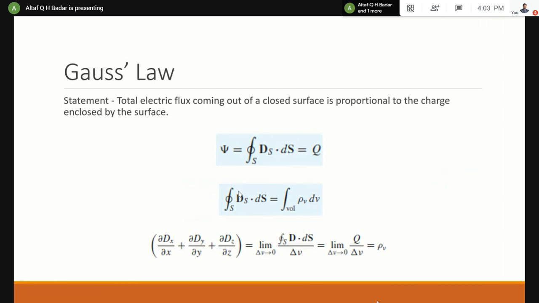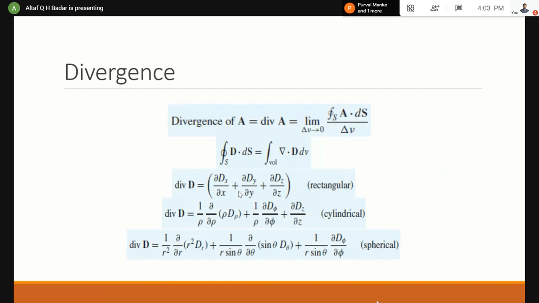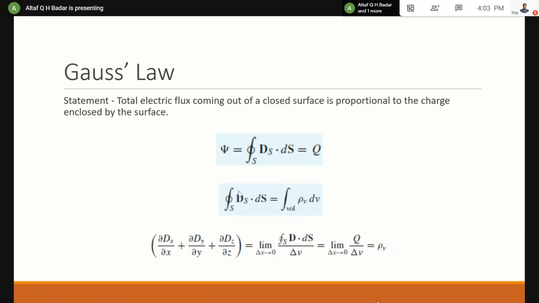Anyways, when you move ahead with Gauss law, the next topic that immediately follows is divergence. Both are dependent on each other. It is quite similar if you just have a look. See the last formula here, limit, this is D dot dS. You will have to go into derivations to better understand the relation between Gauss law and divergence, but here I have mentioned this formula for that sake only. That limit as the volume tends to zero, surface integration D dot dS is equal to nothing but rho v, which we have brought here.